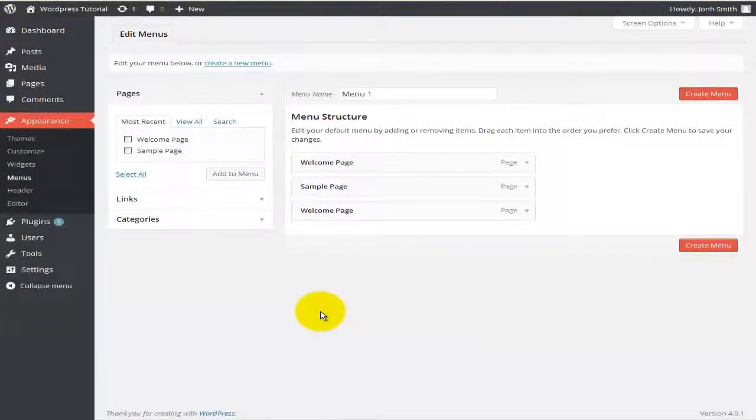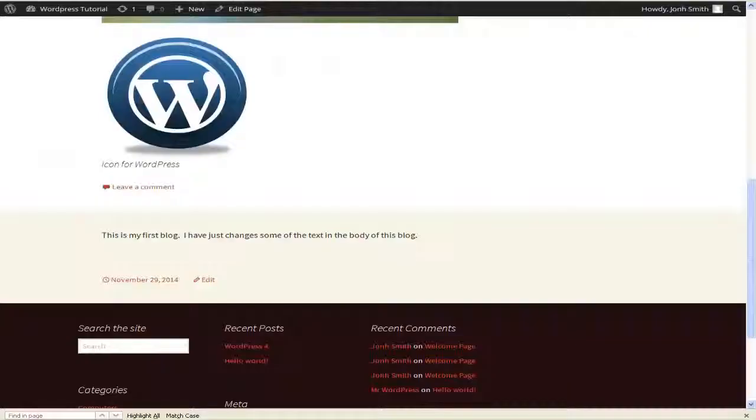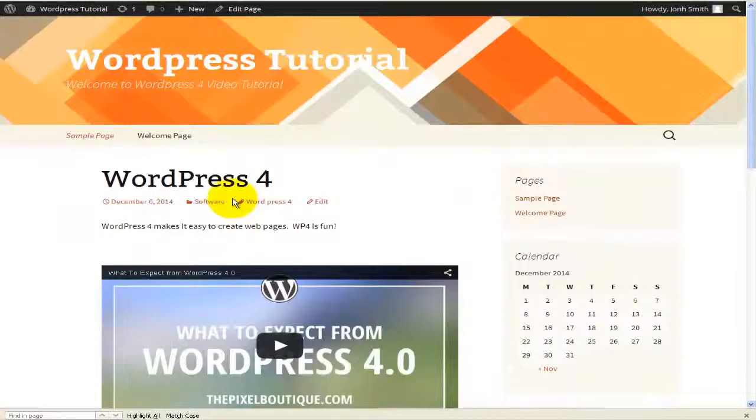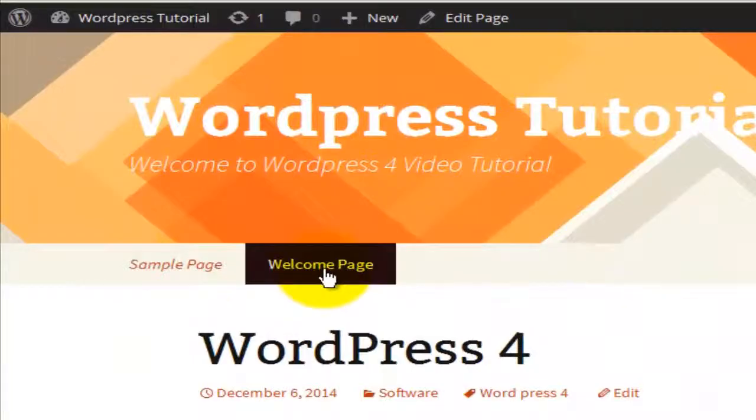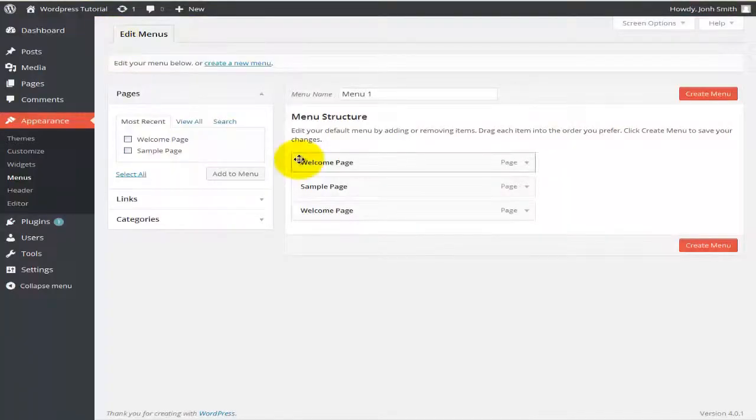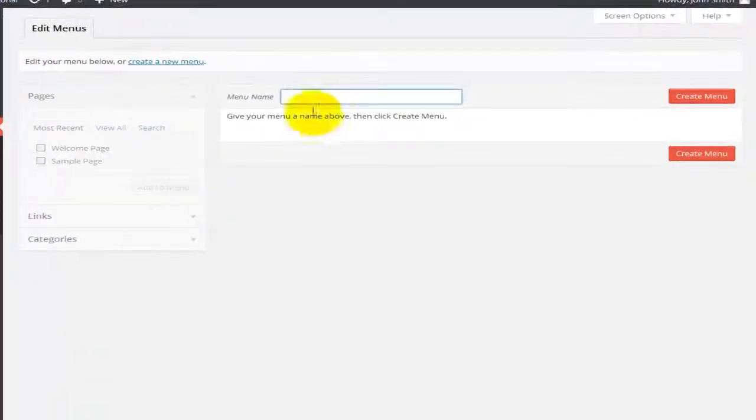Alright, WordPress will by default create some sort of a menu, and the menu that it's created is basically, if I scroll all the way to the top, simple page and welcome page. On the menu option here, we can go ahead and create a new menu. Alright, we'll do that. First of all, we have to enter the name of the new menu, and I'll just call it menu 2. I'll hit on create menu,